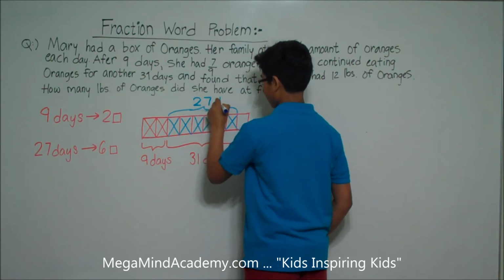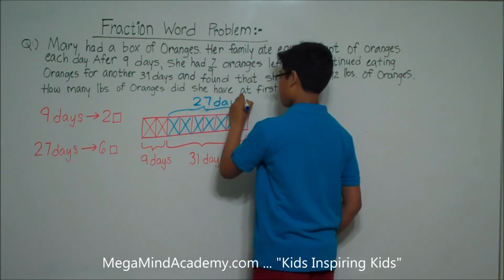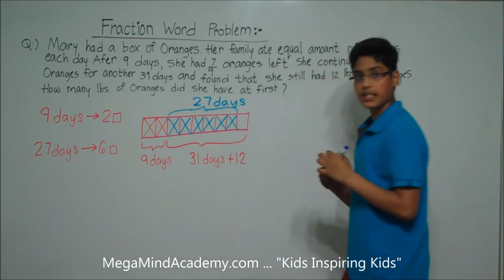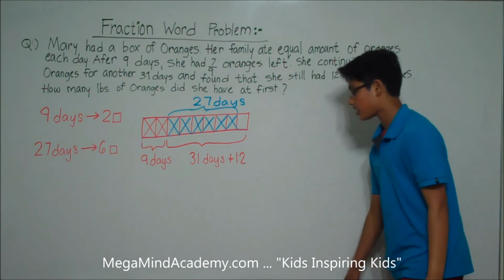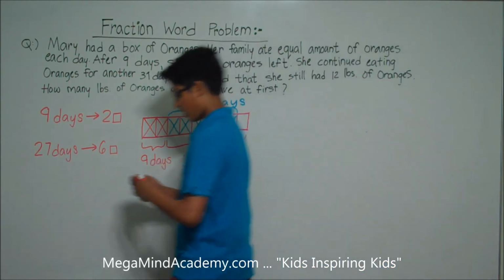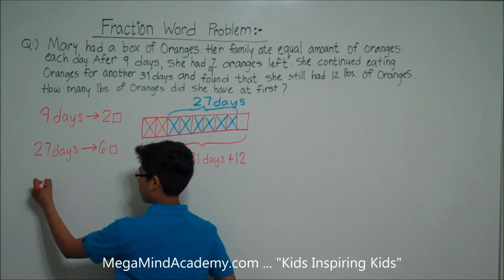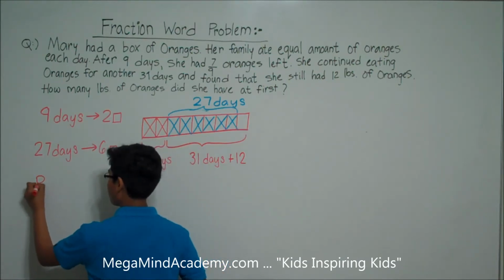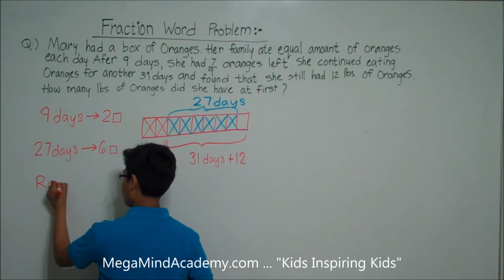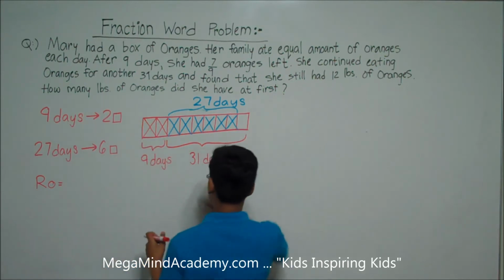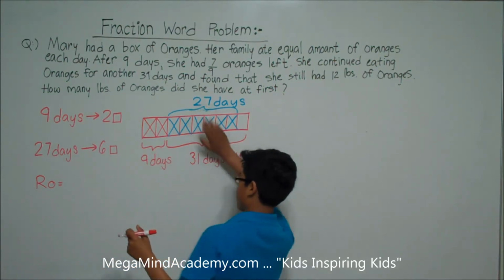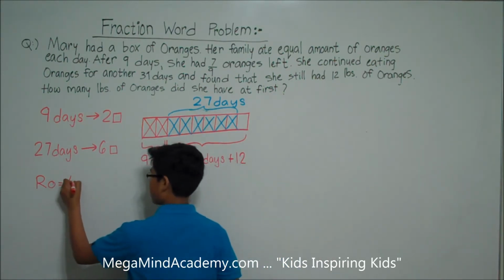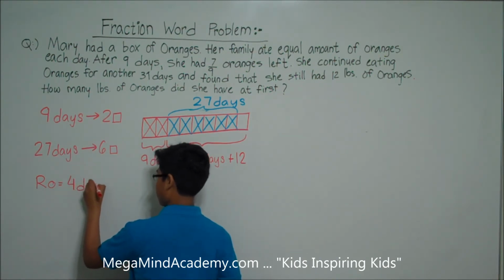So this means that the remaining days are 31 minus 27, which is equal to 4 days. So the amount of oranges that can be eaten in 4 days